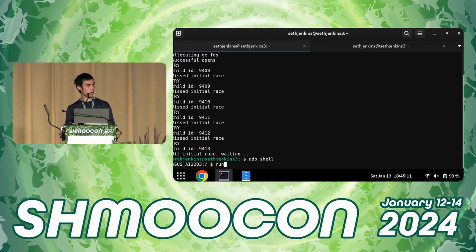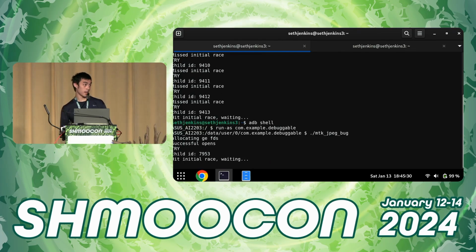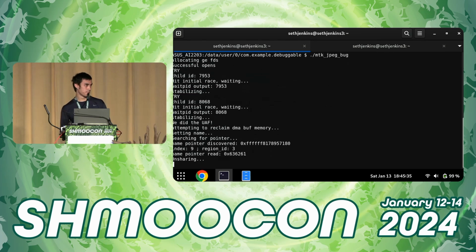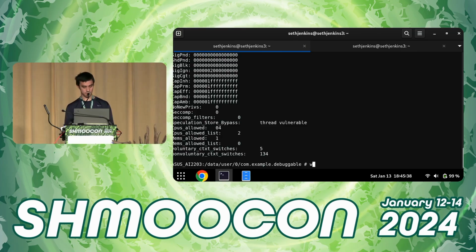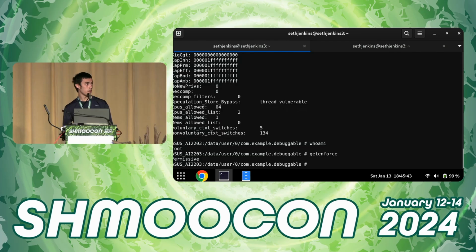All right, so I would love to take other questions, but let's actually try and get the exploit working this time. Okay, so now I'm in the context, and by the way, I'm doing this backwards. Literally, I can see the screen just backwards, so hopefully the things on the terminal are working correctly, and I'm just typing from memory because I can't see it. So we're going to run the exploit again. I can see it's working. 50% likelihood. Oh, look at that. You can see I'm root. And also that SELinux is in permissive mode. And now the phone's just crashed, so that's the demo.